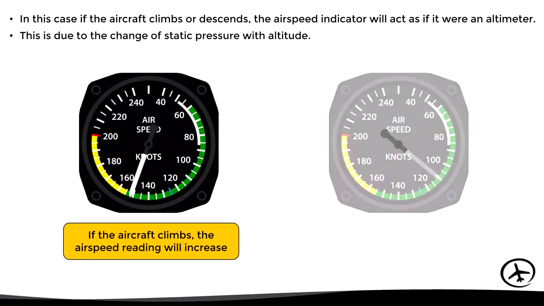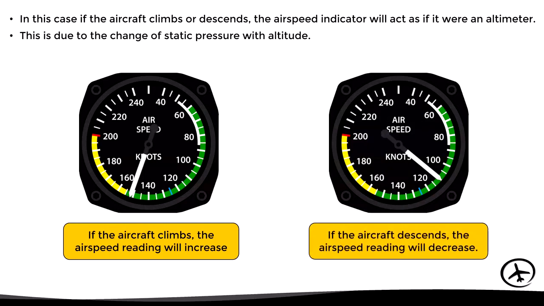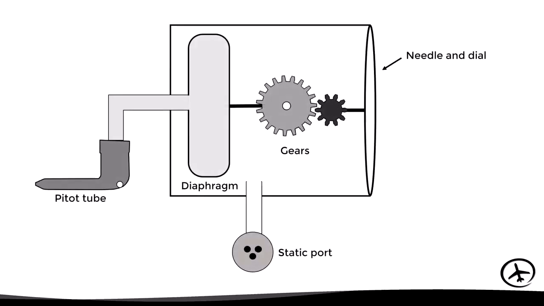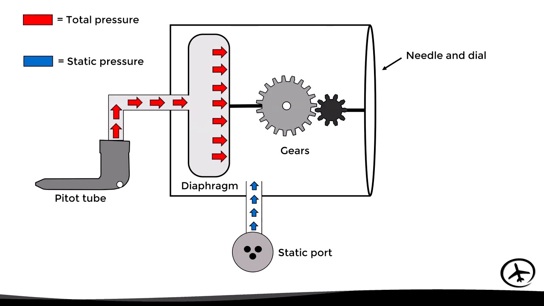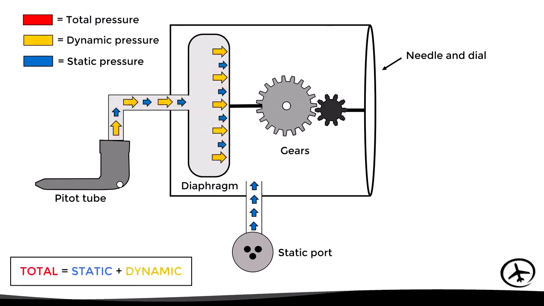And if the aircraft descends, the indication will decrease. Let's see what is happening inside the instrument. Here we have the system operating normally. The static port provides static pressure to the instrument case, while the pitot tube provides dynamic and static pressure to